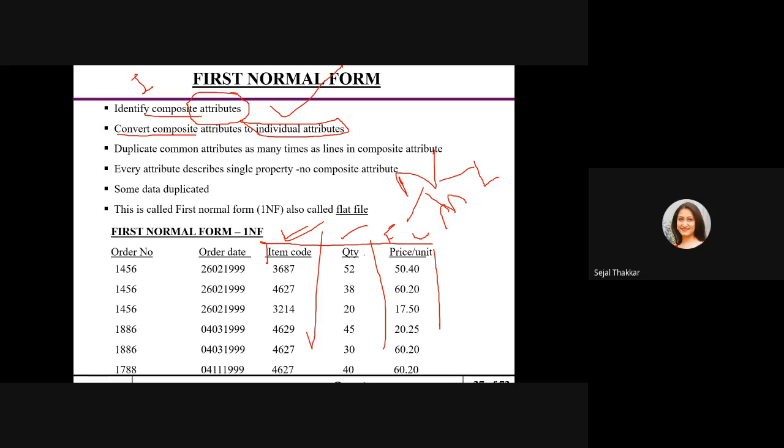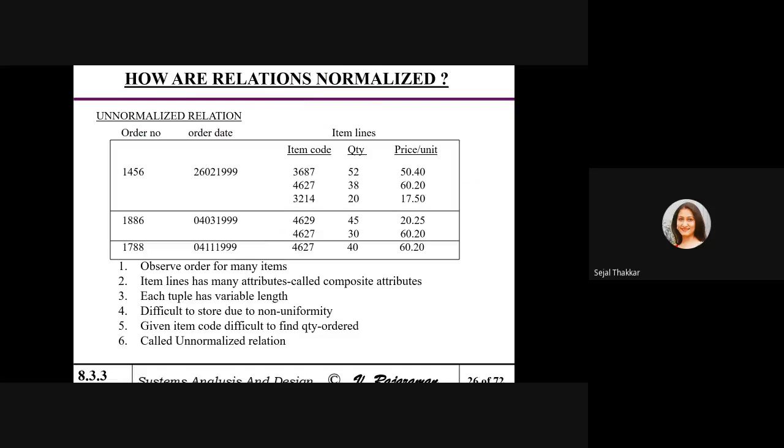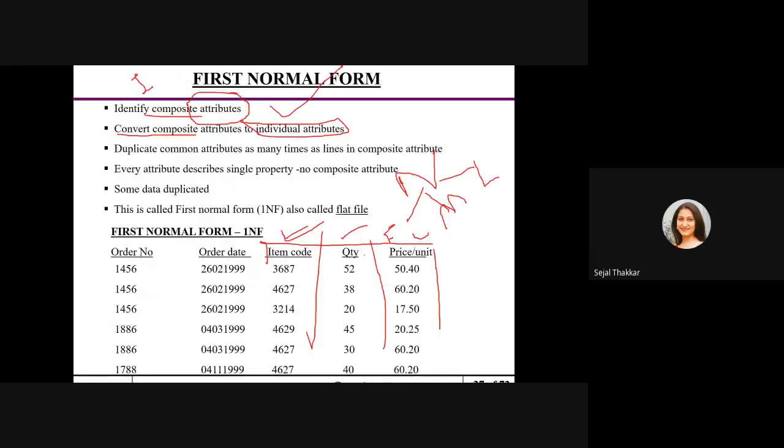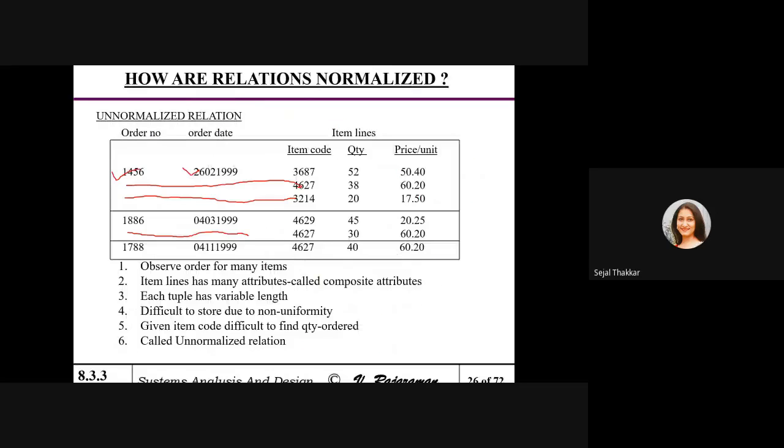You can see here there is no value for order number and order date in front of this row or in front of this attribute. There is again no value in front of this row. So what we have to do, we have to duplicate these two values and fill all the rows. We don't have to keep anything blank. Again we have to duplicate this value and fill this row. So every item code should have some order number and order date.